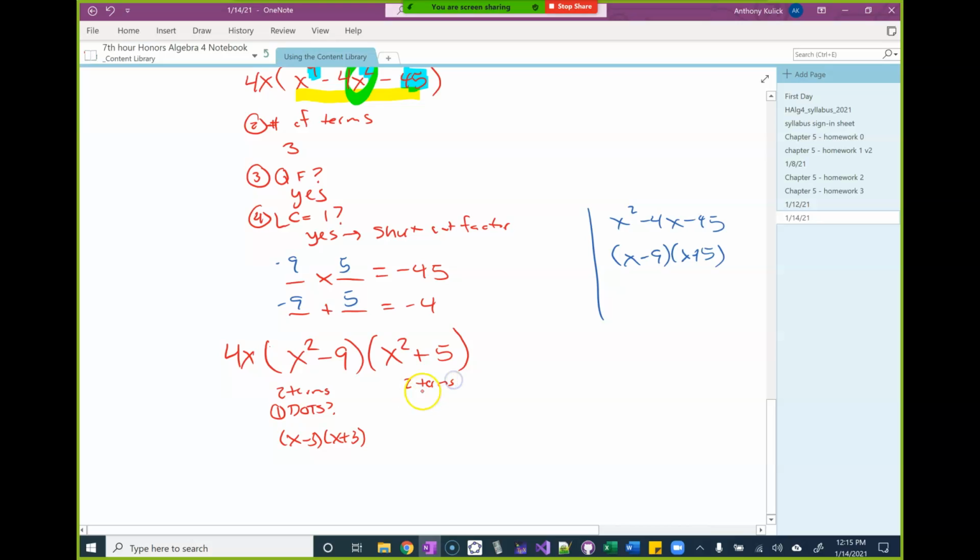Also a 2-term problem, so I go down the 2-term branch. Is that a difference of 2 squares? No, right? For a couple of reasons. One, it's an addition problem. Two, 5 isn't a perfect square. Either one of those reasonings is fine to say it's not. So going down the 2-term branch, the next thing we check, is it a sum or